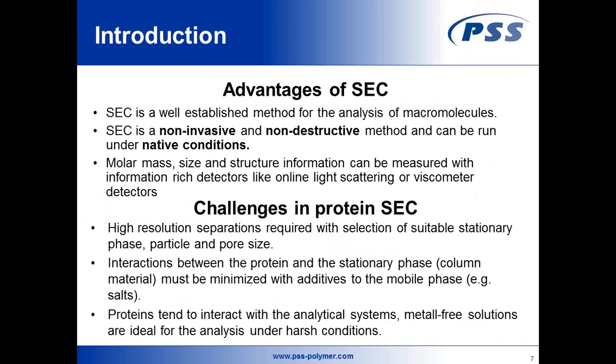If you want to find out these kinds of aggregations, you need to have powerful separation at the beginning, and this is what we are going to talk about in the next minutes. How to improve our separation. What we have to avoid for our SEC analysis is any kind of interaction of our sample,